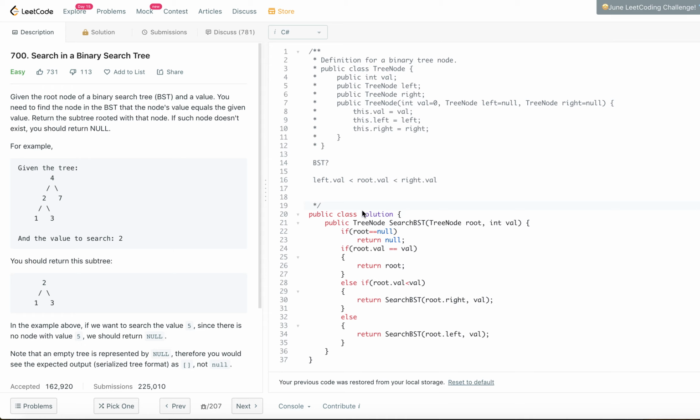So basically we are given a binary search tree and we are asked to find whether a particular value is there in that binary search tree or not. If it is there, we should return the subtree which is rooted with that particular value. If it doesn't exist, we should simply return null, that means an empty binary tree. So what we are given as an example here is a binary search tree